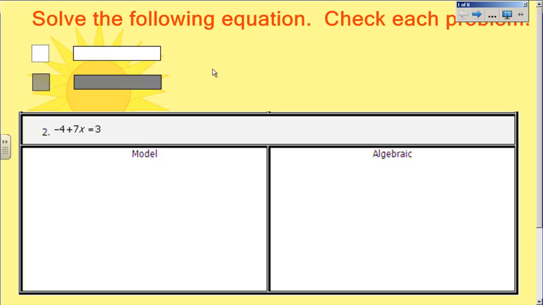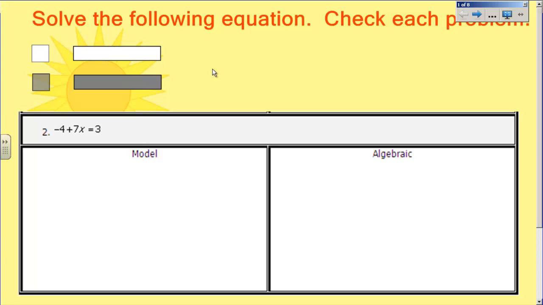Welcome to video number 3. We're going to start talking about solving equations now, which is a big algebra concept. Hopefully you had some teachers last year that showed you a little bit about this, so not all of this is new. The first thing I'm going to show you is a model using algebra tiles,